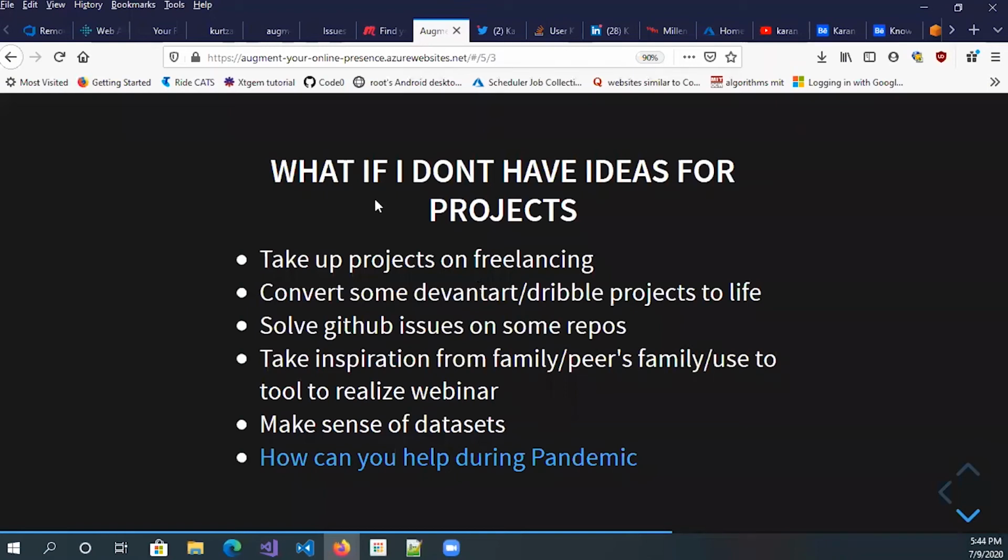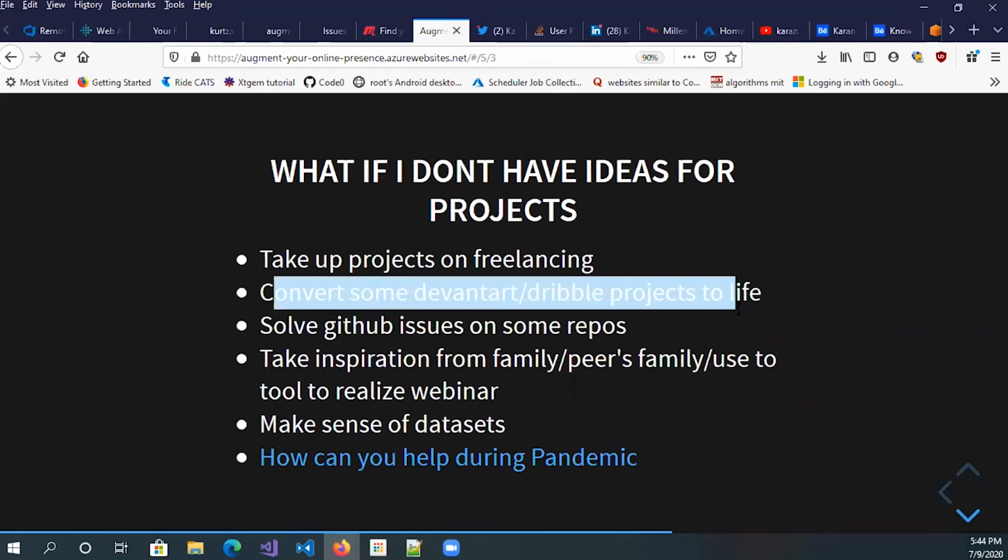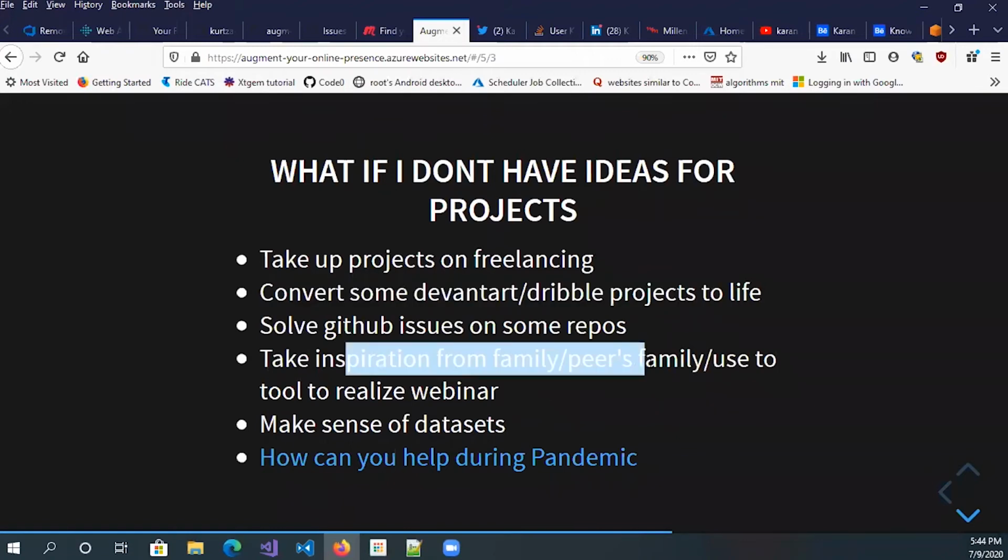So I'll just show you, there are some projects on Dribbble, or you can go to Dribbble and take a look, just search for medical user interface. They just make designs. They don't make the actual UI. So you can realize it, and you can make it. You can convert some DeviantArt or Dribbble projects to real life, like React, Angular,